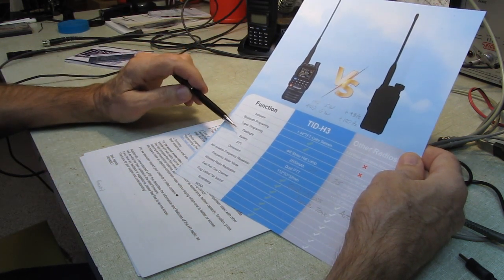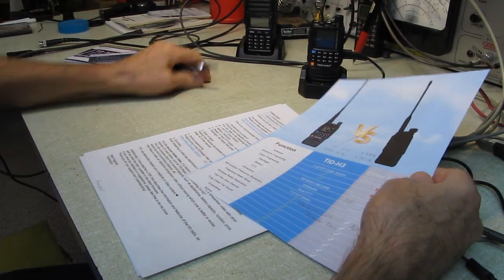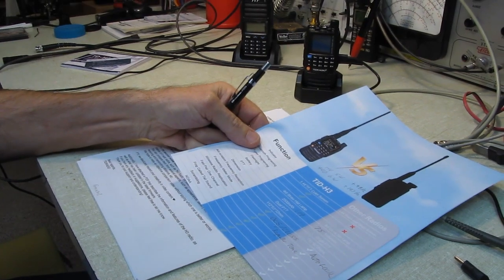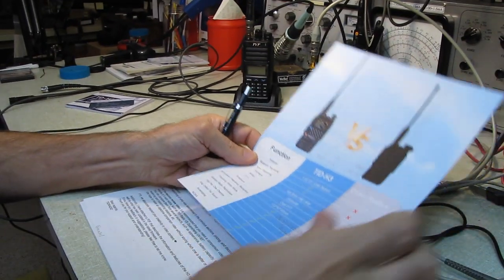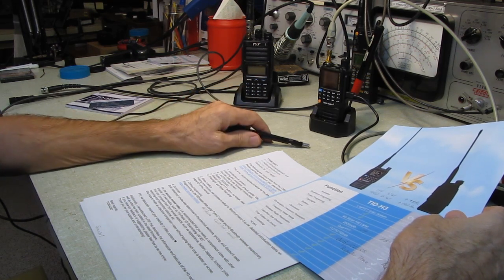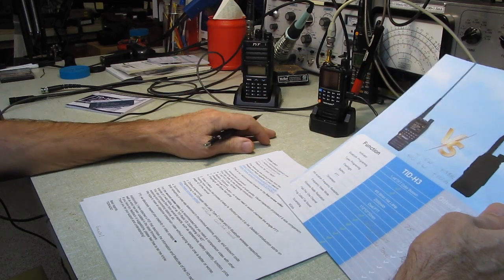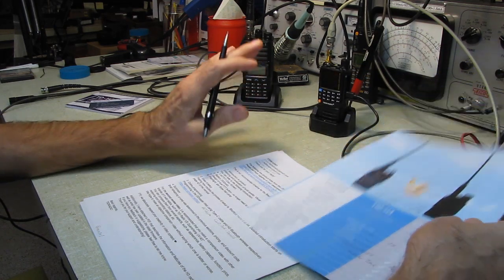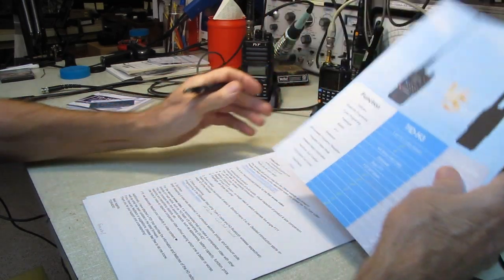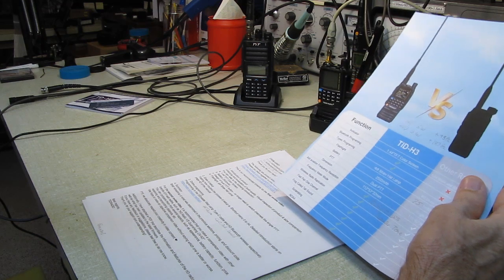The flashlight, the battery's a 2500 milliamp hour. Now the one with the TYT here is a 1600 milliamp hour battery. And while I don't have Big Clive's test setup to drain and recharge and see how close it meets specs, I did take a quick weighing of the two batteries, and I know you can't tell the capacity by the weight. Yeah, you can. I worked in a place that made batteries, these batteries, for a while, and you've got